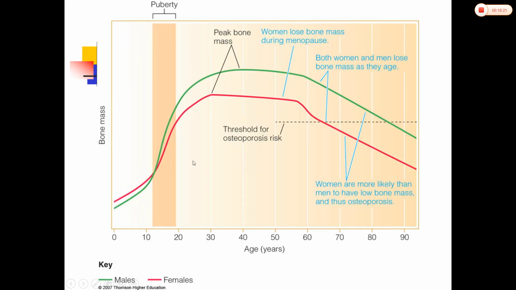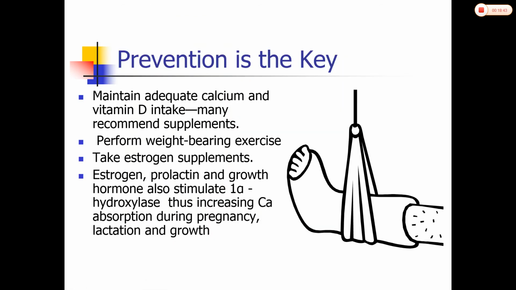The green graph is reflecting the males, the peak bone mass in the case of males, and the red one reflecting the females. And around 30 to 40 years is the peak period of the peak bone mass. So adequate calcium and vitamin D intake should be maintained, or by intake of supplements, and one has to